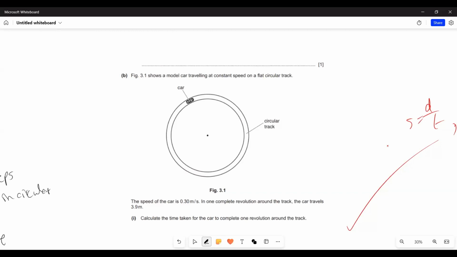Do we know how the centripetal force acts? It acts perpendicular to the motion of the car. So if the car is moving like this, my centripetal force will be like this. And you have to draw the direction of the arrow, by the way. I drew a line, but you didn't put a direction, you just drew a line. So we need to show this. Okay, now we have solved the first question.